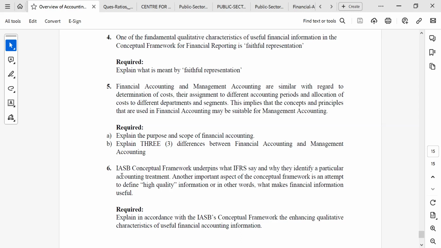Okay. What do you think is another thing that you can add to answer this question? So I think we can bring in comparability, verifiability, timeliness. Exactly. So those things must also be added. But you can add this by looking at the marks. If they ask you this question for 10 marks, then it means that you have to explain those, you have to bring those enhancing characteristics also.